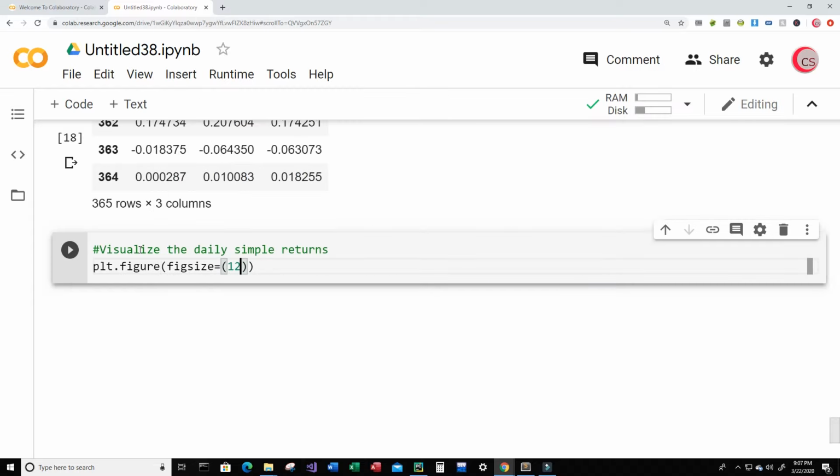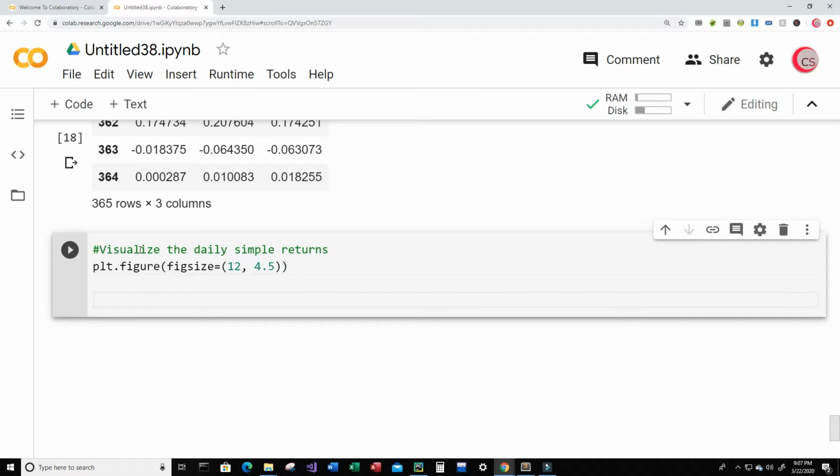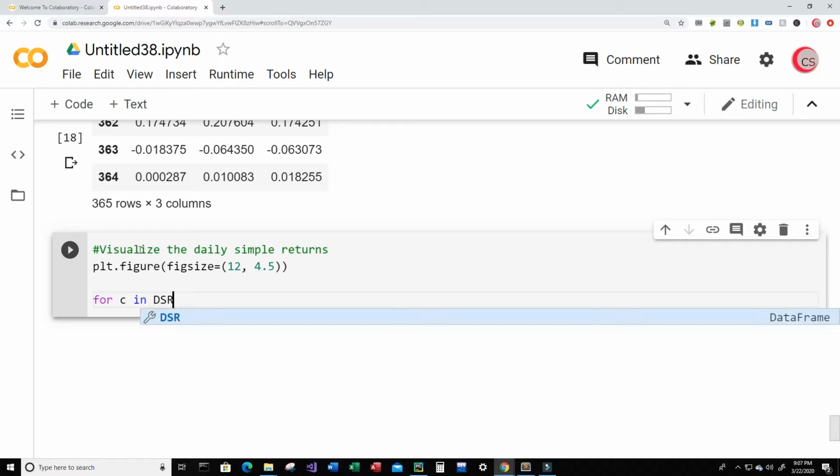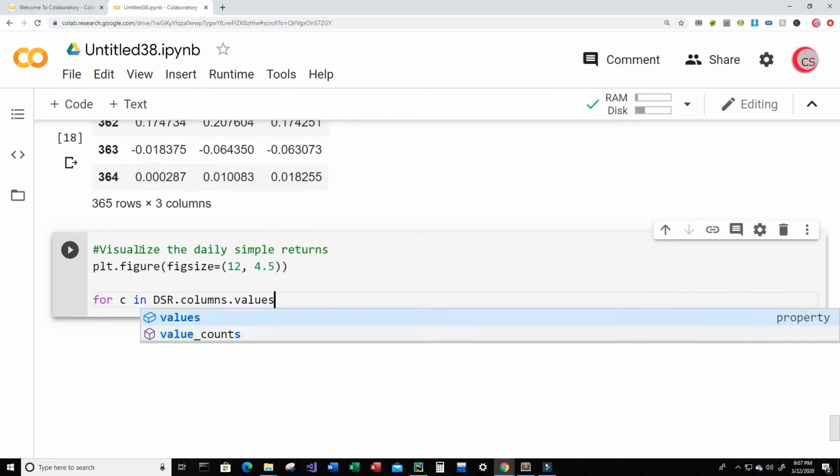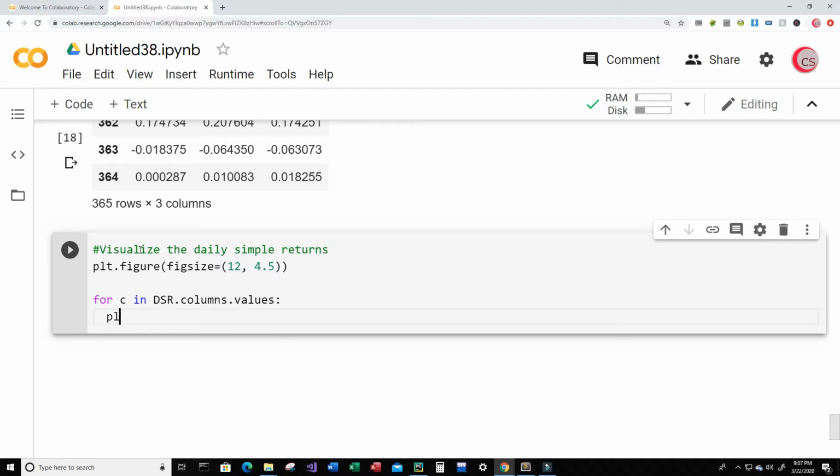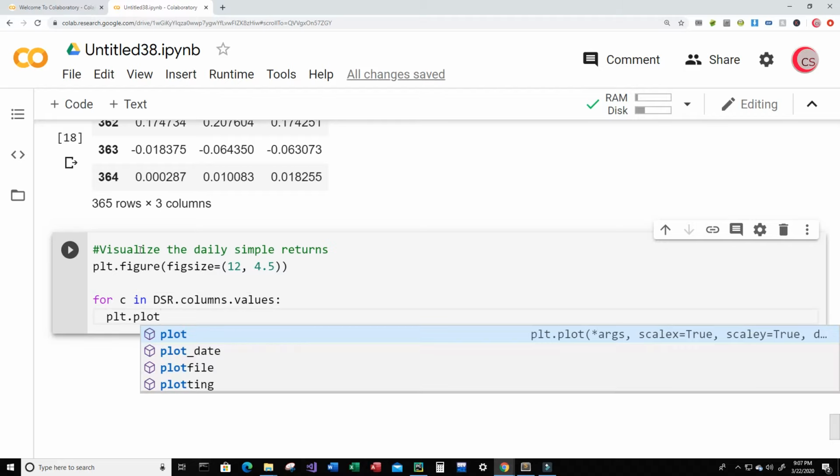So it's going to be 12, and we'll do 4.5. And then we're going to loop through the cryptocurrency daily simple returns. So for C in DSR.columns.values,